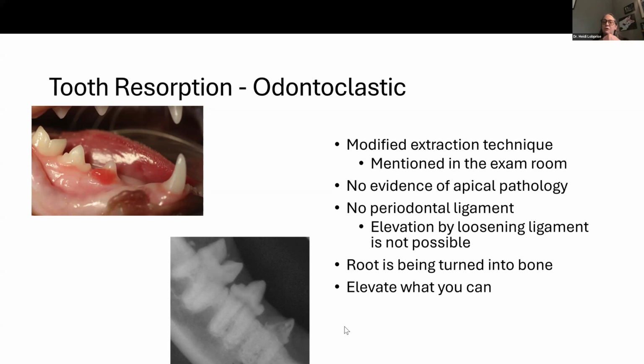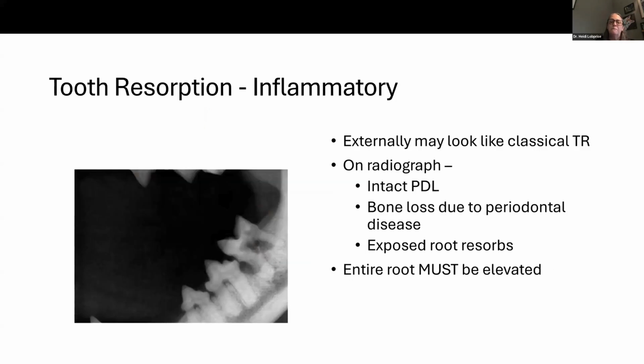So that's when I'm okay with smoothing it off, elevating your lingual portion, closing it up. Sometimes a cruciate is enough, and telling the owner resorbing root is retained. We'll continue to monitor. And this has been shown that it's a reasonable way to go about it. However, if that 5% of cases, it shows that there's intact ligament, intact root, distinct roots, you have got to